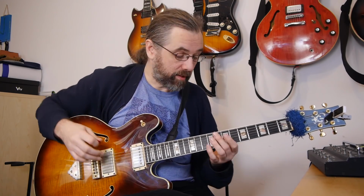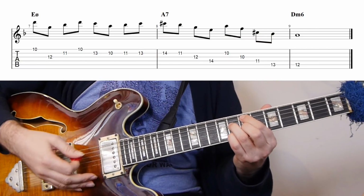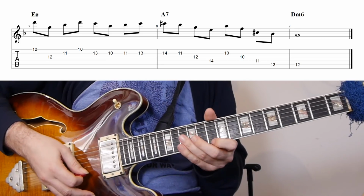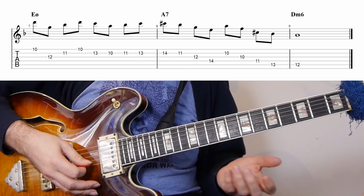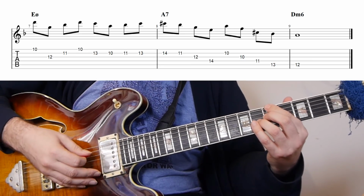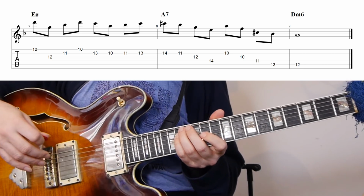So the first part of the line is of course on the 2 chord, and here I'm using the upper structure of the E half diminished, which is a G minor triad, so this triad, and then a small scale one, and then on the A7 first the diminished arpeggio, because you can of course use that, and then instead